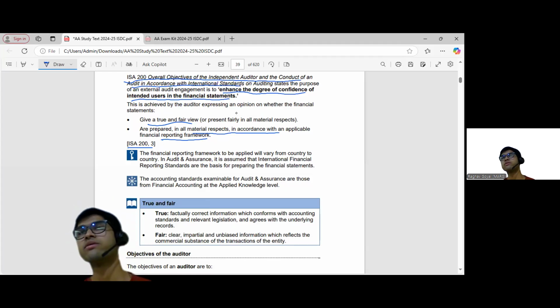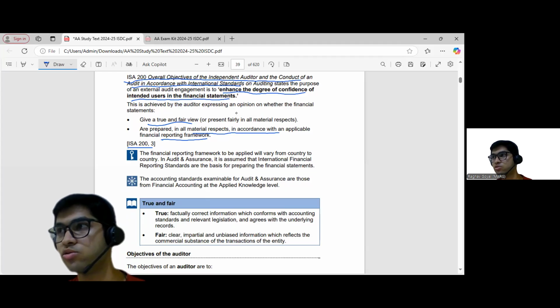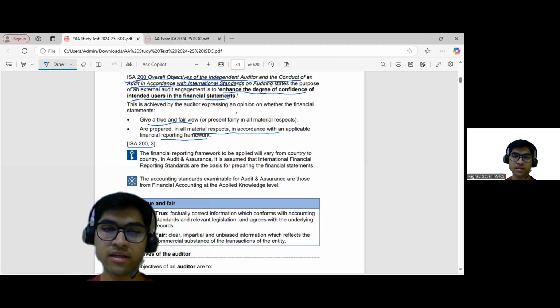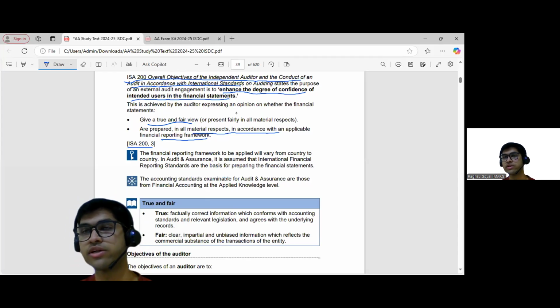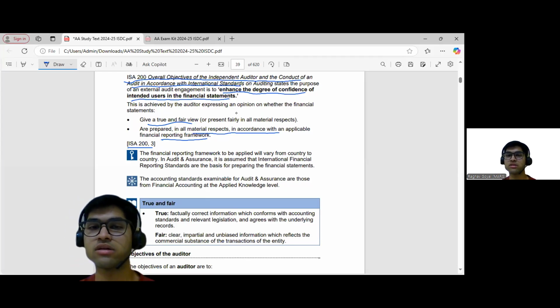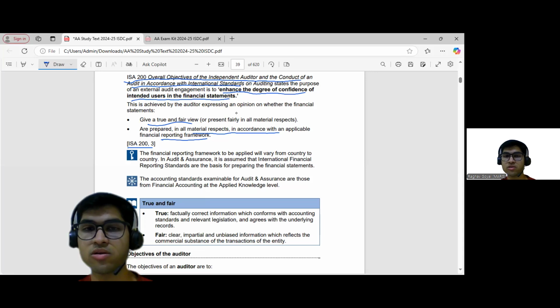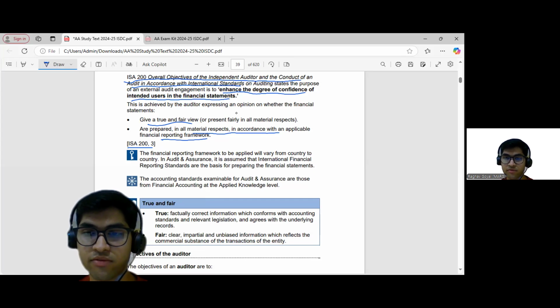For example, in the financial reporting paper, these were slightly easier to remember. For example, IFRS 13, which is fair value measurement. But here, these are full sentences, so you don't have to remember them. There are no additional marks. ACCA does not test your memory, it tests your conceptual clarity. And it doesn't matter if you remember what ISA 200 stands for, as long as you are correct in listing out the things it is intended for, then that's all they are worried about.